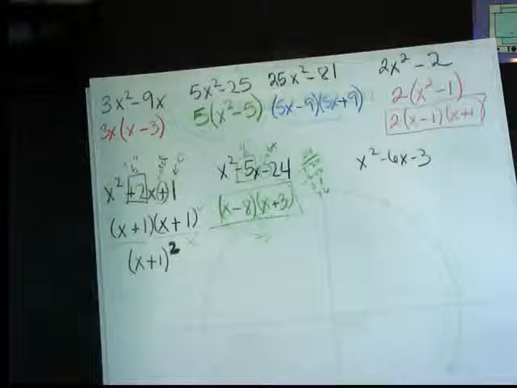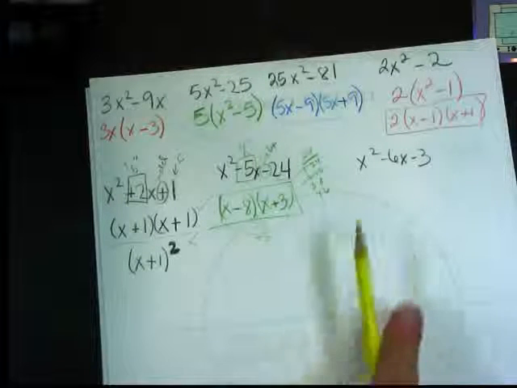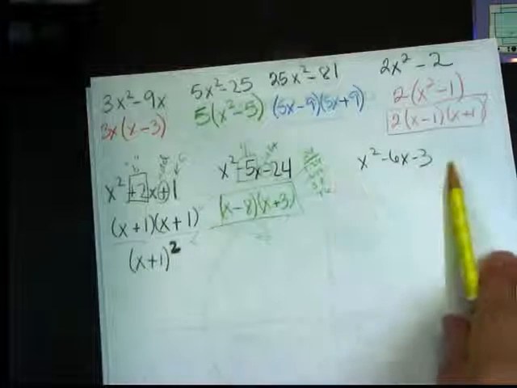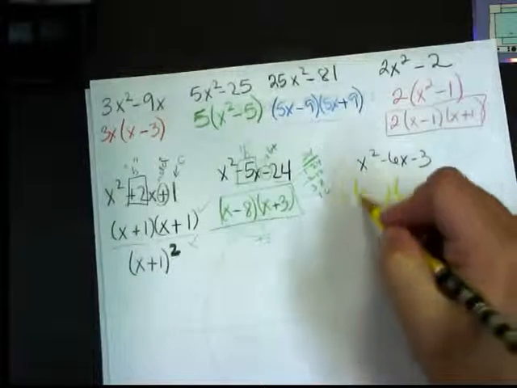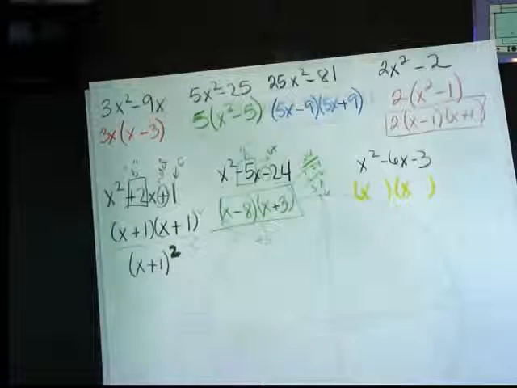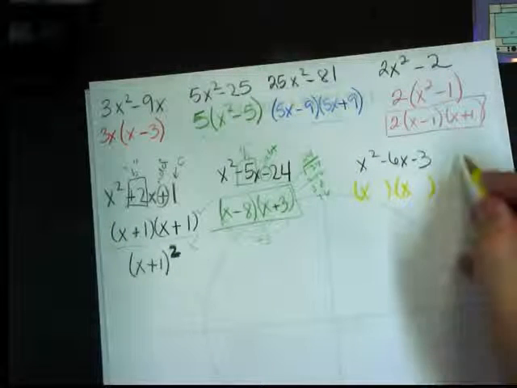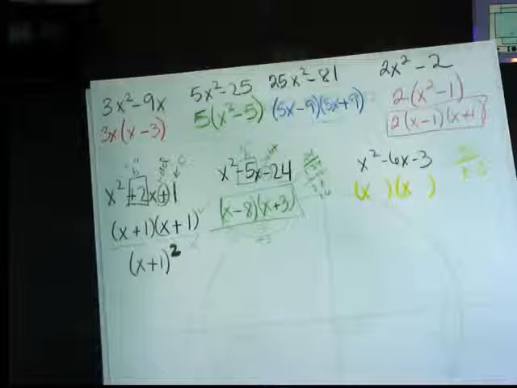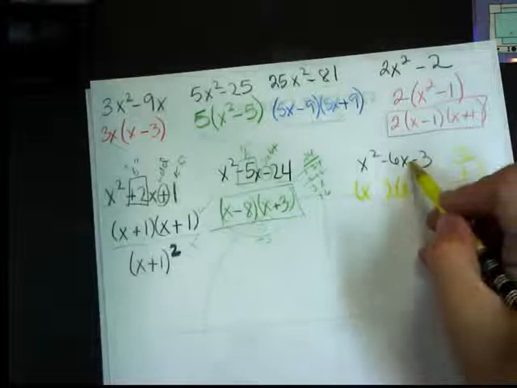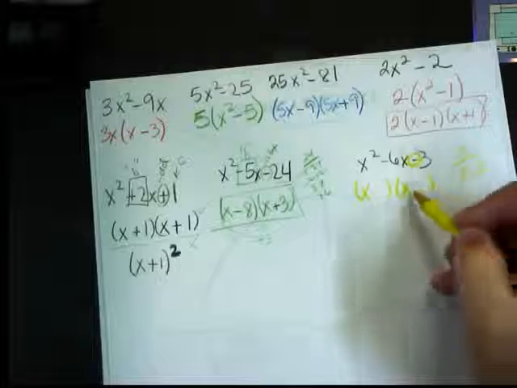x squared minus 6x minus 3. No GCF. There's nothing in common. So parentheses, split the letter. And then what multiplies to be 3? Well, the only thing that multiplies to be 3 is 1 and 3. 1 and 3 will never subtract